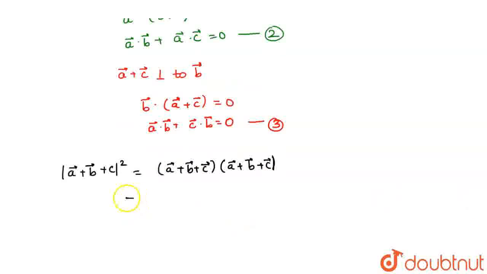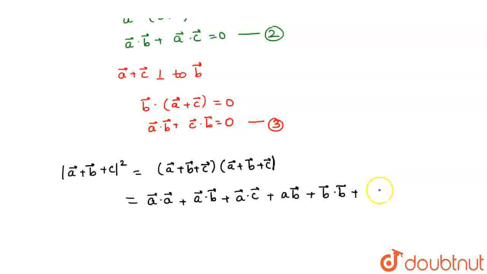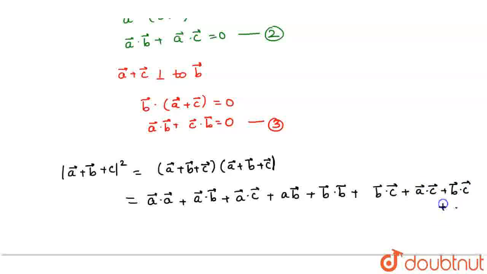So this would be equal to A into A: A vector dot A vector plus A vector dot B vector plus A vector dot C vector, plus A vector dot B vector plus B vector dot B vector plus B vector dot C vector, plus A vector dot C vector plus B vector dot C vector plus